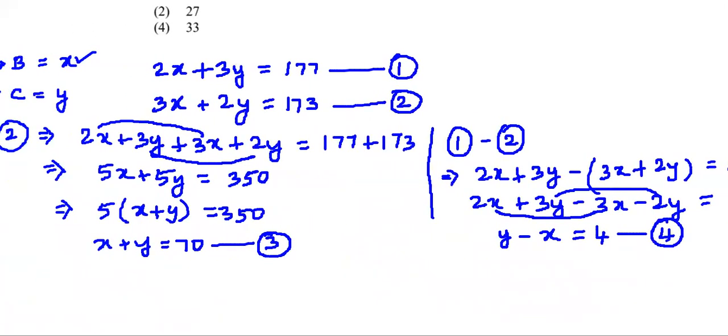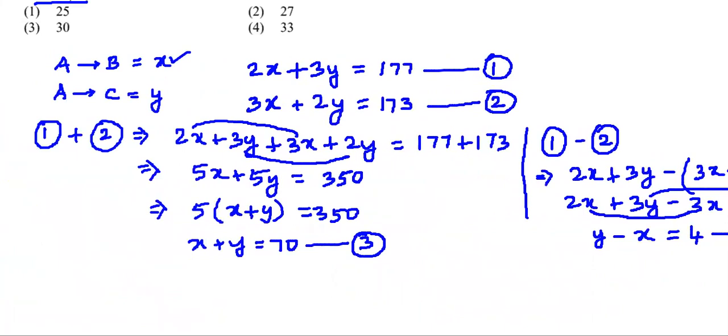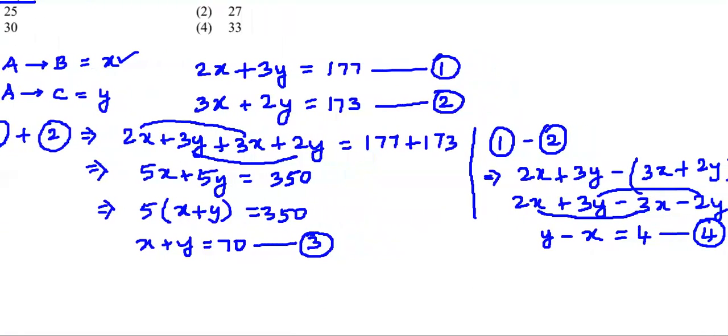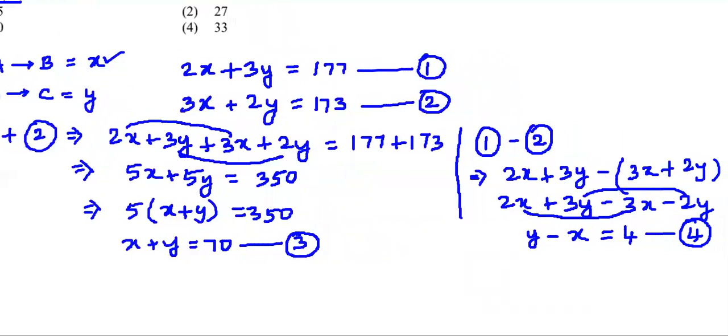Finally, we are asked to find the value of x only, right? Because we need to find the fare from city A to B. That means we are asked to find the value of this x only, for which we'll use equations 3 and 4, right? Let's do some kind of calculation, and we'll have to get the value of x alone. That is what is important for us. Let's think and see what can be done. So for which, let's do a simple thing.